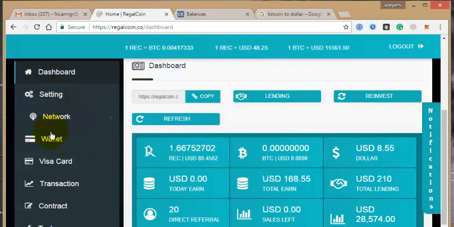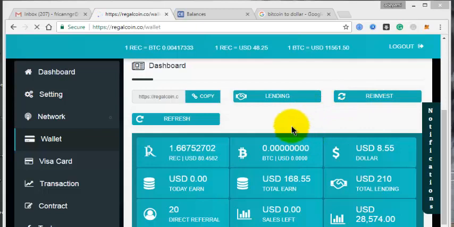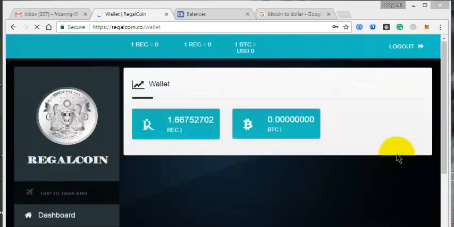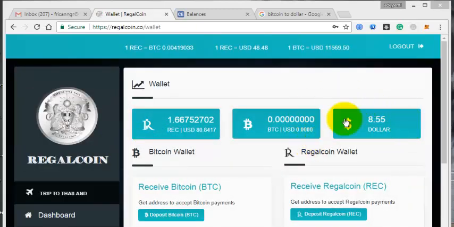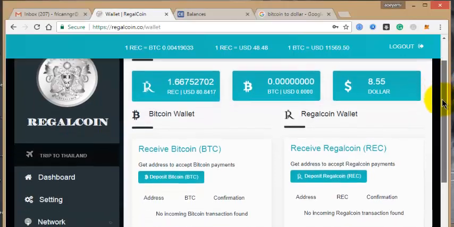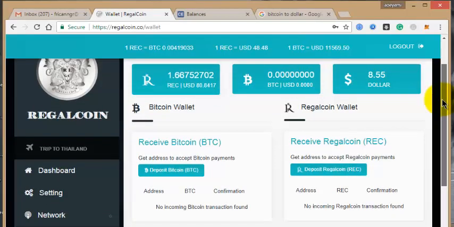So what now? Once you log in, you click on wallets. So once you click on wallet, it won't open like this, but I asked the guy to help me. If it won't open like this, you click on wallet, they will ask you to go back to the email that you used to register this Rega Coin. They are going to send one code to that email, so that anybody will not be able to access your Rega Coin account to hack you or whatever. So they will send that code to you.